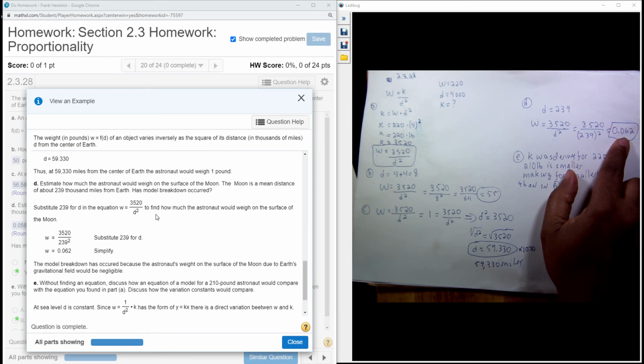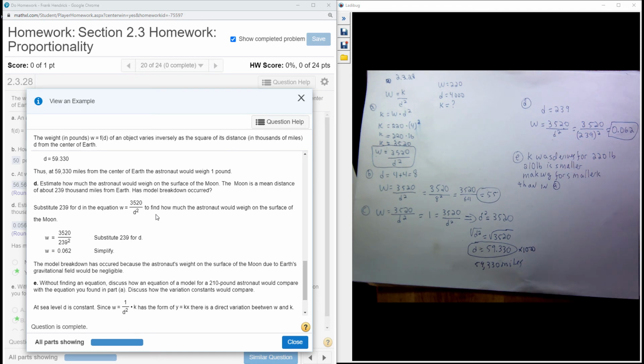Okay. That's the effect of the Earth's gravity on the person. And a model breakdown has occurred. Due to the Earth's gravitational field, it was almost of no effect. Number E,